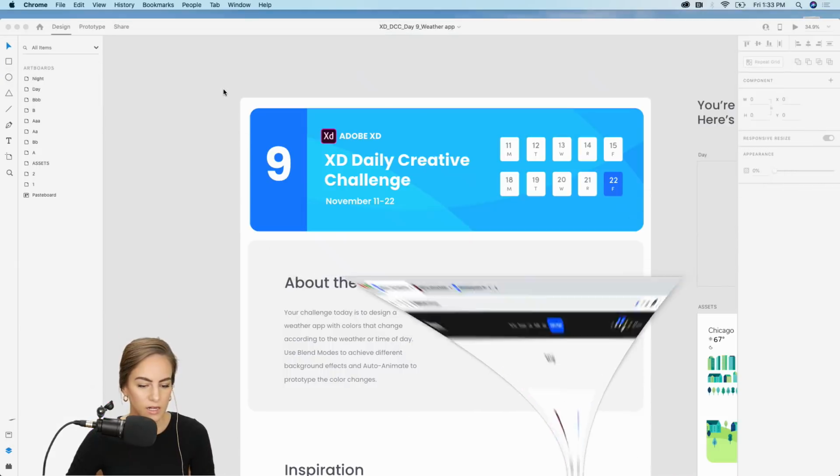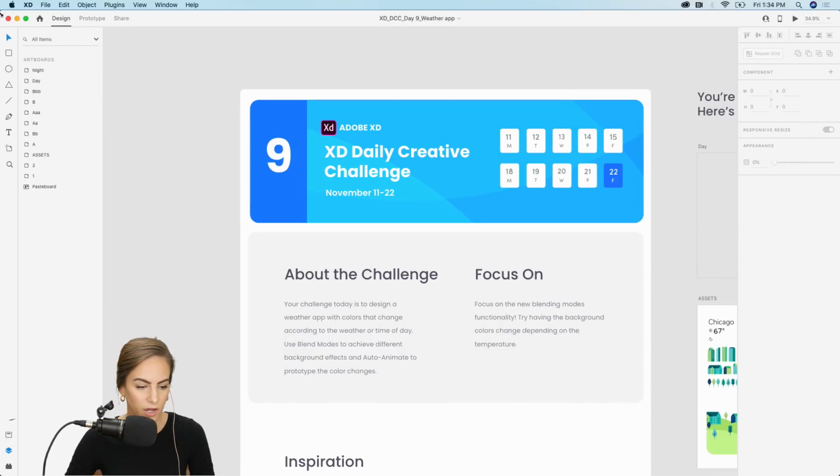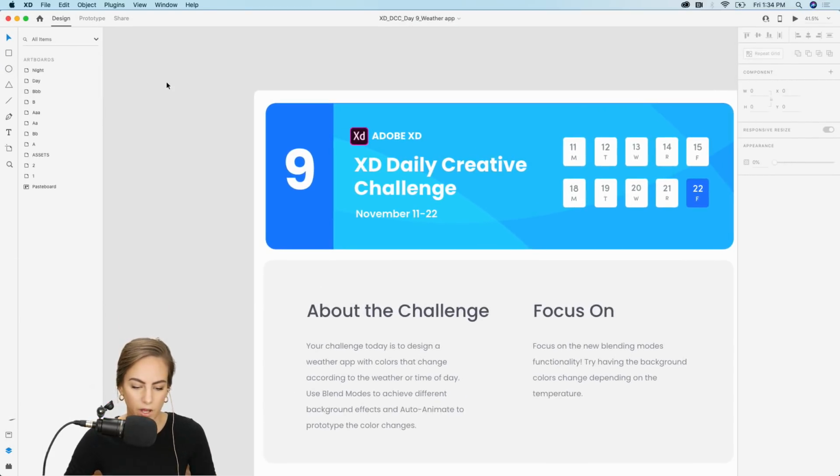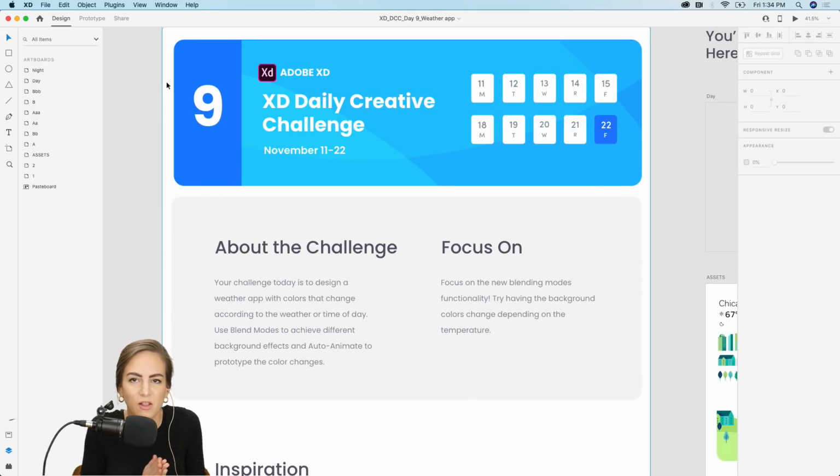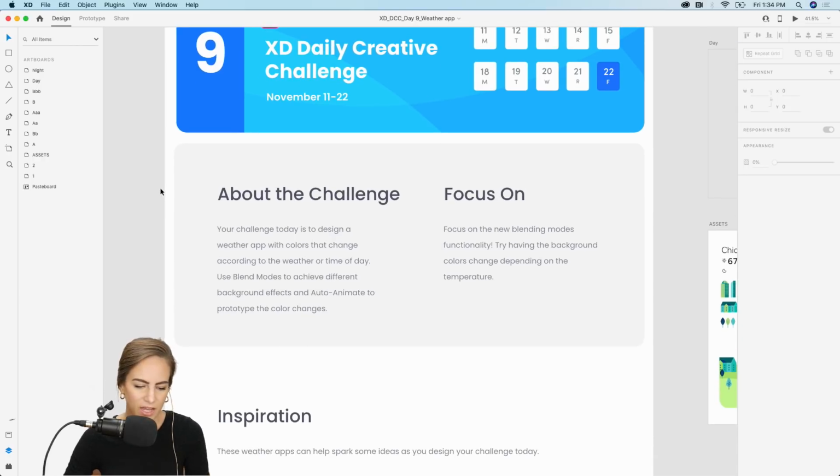So I'm going to go ahead and hop on into my starter file. You can download this as well on Dropbox. And like I mentioned, last day. So let's try to make this our best one yet. Like I mentioned, today we're going to focus on a weather app, and I'm going to be using blending modes. So this is relatively new in XD. We did not used to have this. We used to have to use the blending modes in Illustrator and then copy them over into XD, but now you can do it right from XD. So that's one thing that I've been really excited about.